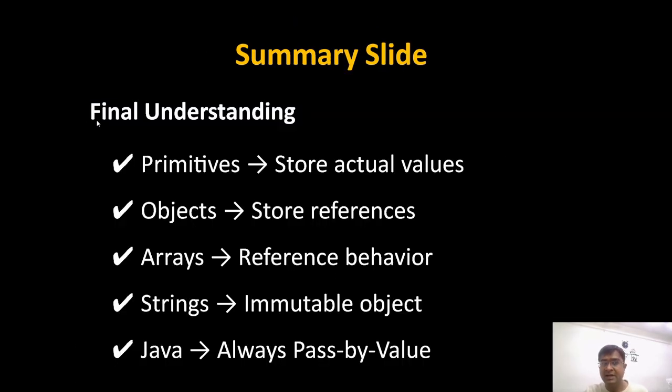So here's a summary slide. Final understanding is that primitive stores the actual value, objects store references, arrays have reference behavior, strings have immutable behavior. Java is always pass by value. So this is one of the summary slides here. If this finally made you understand primitive versus non-primitive data types,